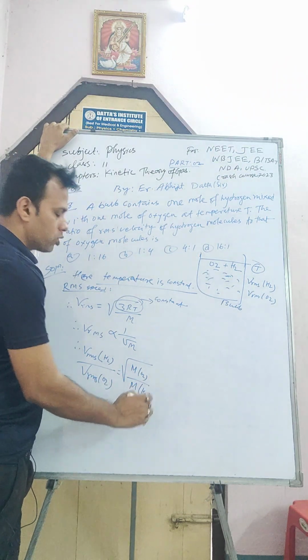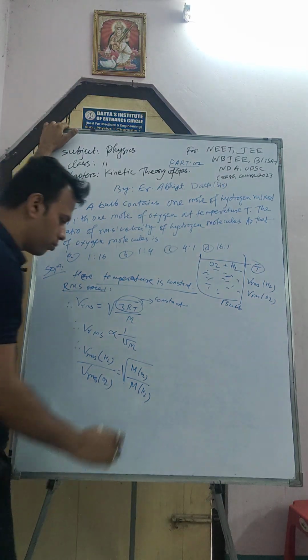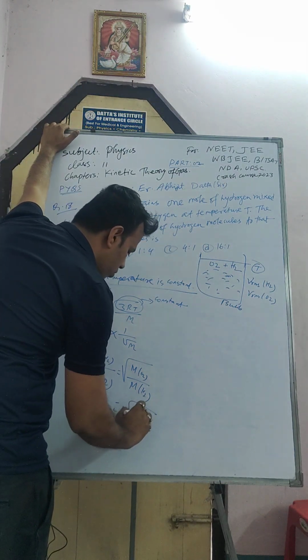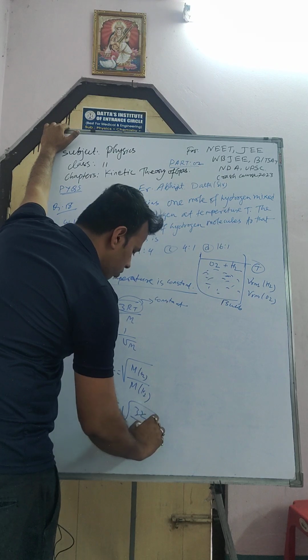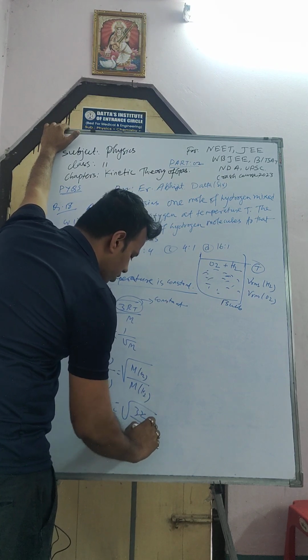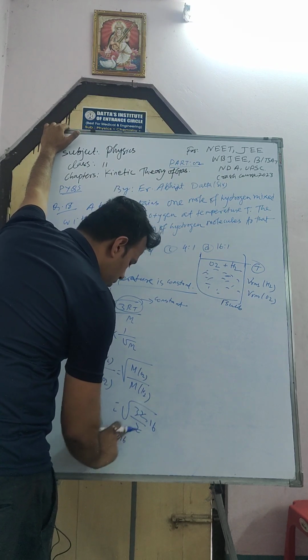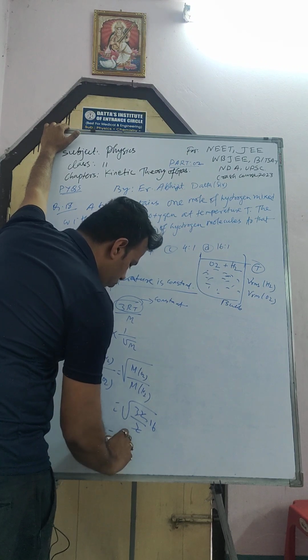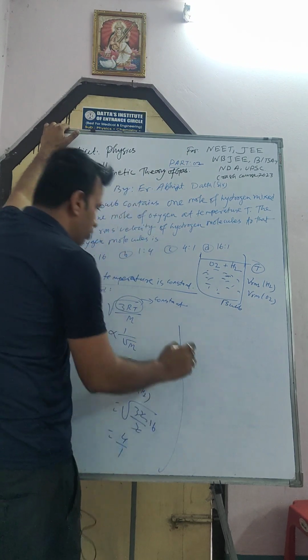Hydrogen. So what is the molecular mass of oxygen and hydrogen? The molecular mass of oxygen is 32 and hydrogen is 2. If I cut this, it will be 16. So 16, that means it is 4 by 1. So the ratio will be